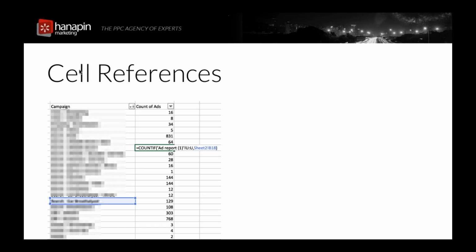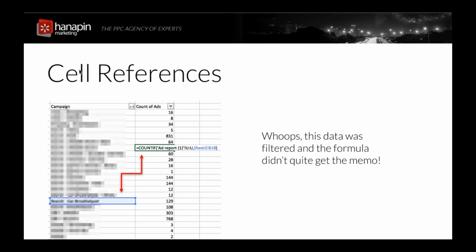Cell references. This one is a bit more uncommon, but it still sometimes happens, and when it does, it can be very frustrating trying to figure out why your numbers don't add up or why they're not accurate. So here we see that this COUNTIF function is referencing a cell that is way below it down there. Why is that happening? That should not be happening. It should reference the one directly to the left. So whoops, the data was filtered. You'll notice we have the filters in the column headers, but the formula didn't quite get the memo,